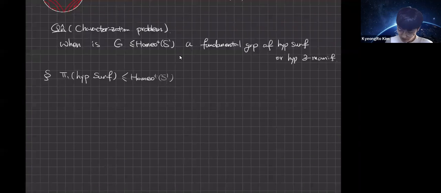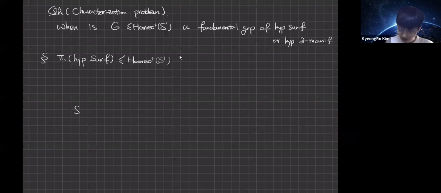First, we take a genus G hyperbolic surface, then the universal cover. When the genus is bigger than 1, by the uniformization theorem,